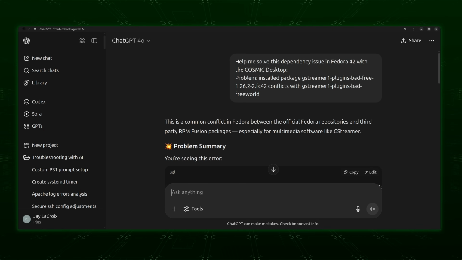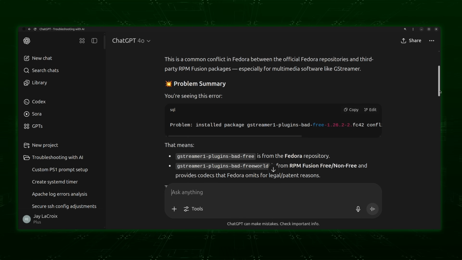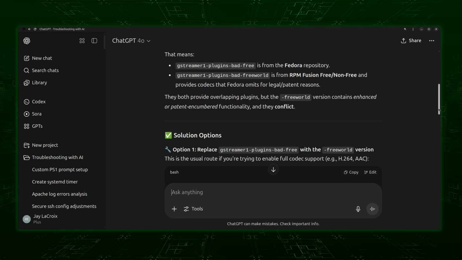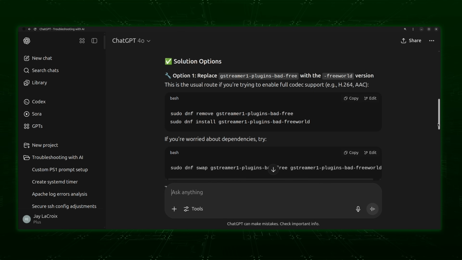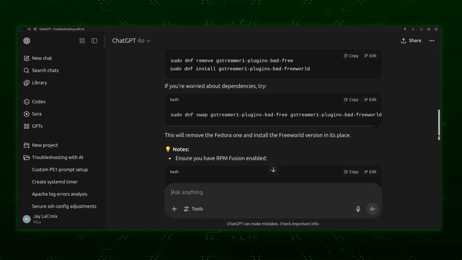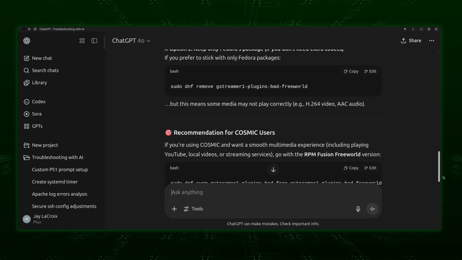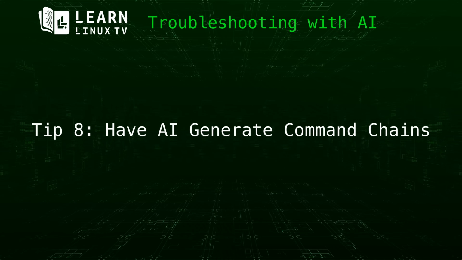The better AI services can even check repositories for you and offer advice that's tailored to the exact thing you're doing. Sometimes a package might have been renamed or replaced with something else. There's a number of different situations that might come up whenever you're working with Linux packaging. In my case, AI has been pretty good when it comes to navigating dependency hell. It's not perfect. But the thing is, I've received helpful advice more often than not. Continuing, let's take a look at command strings.